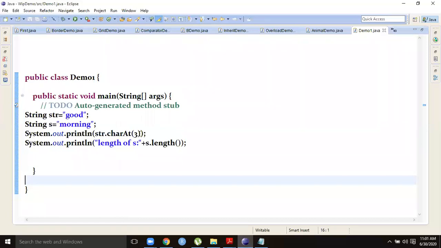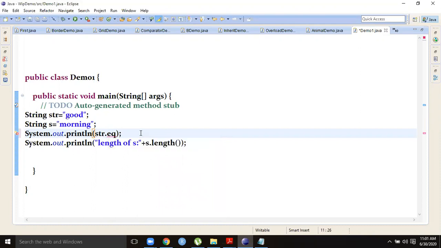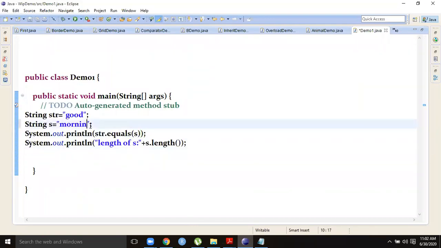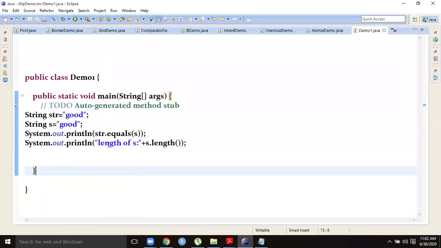So if you go for s1 equals s2, let us check here. Let us see whether it gives true or false. It is giving false. Now it is giving true because both the things are the same.